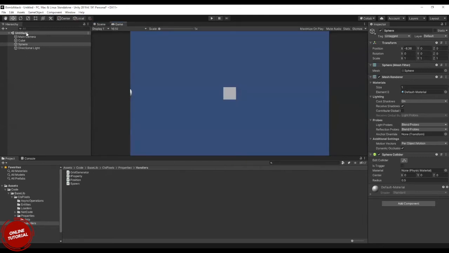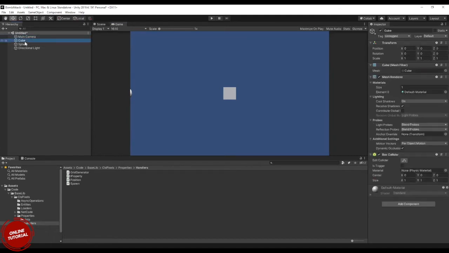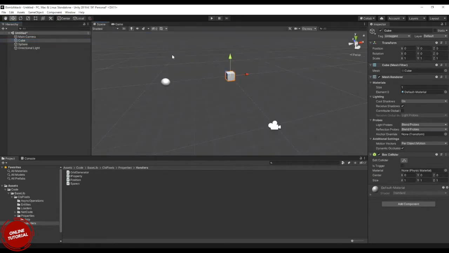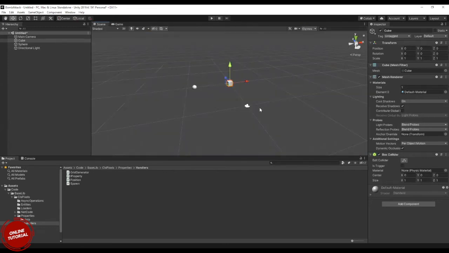Now here comes the hierarchy, where I'm trying to place all the things. This is the hierarchy, all the elements related to a scene. This is a particular scene where you have all the related elements to your game or application. Whatever elements you have in a particular scene should be here. Then only it will be visible in a scene. Then based on your situation, you can pull it into a game, rendered in front of a camera. For it to come in front of the scene, it should be placed in the hierarchy.